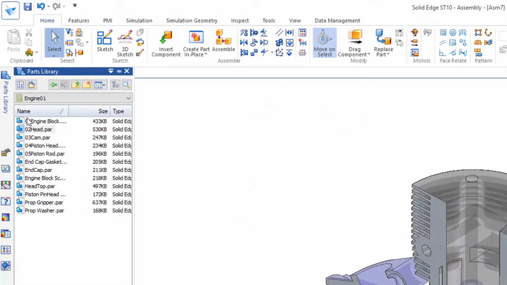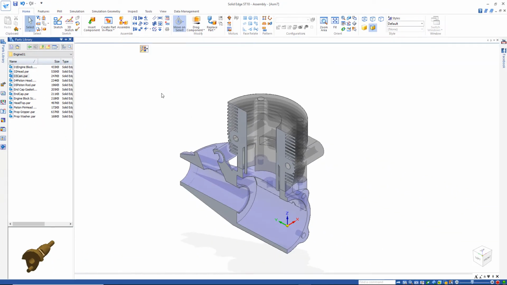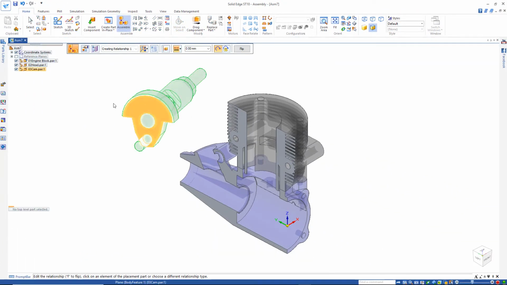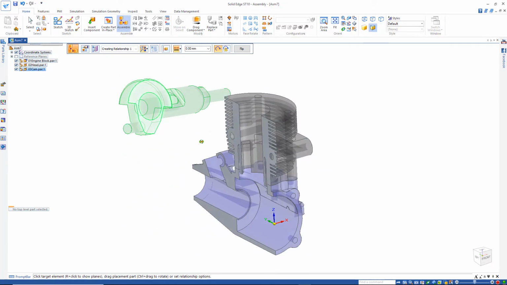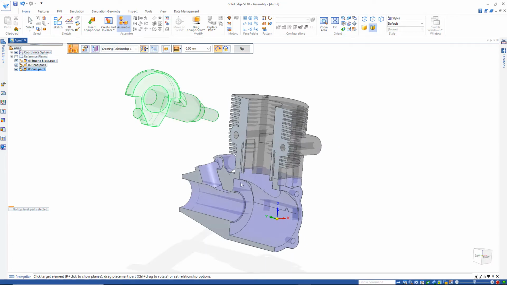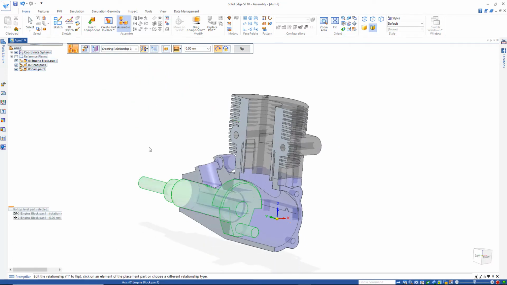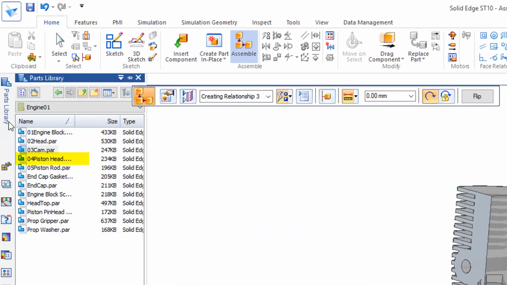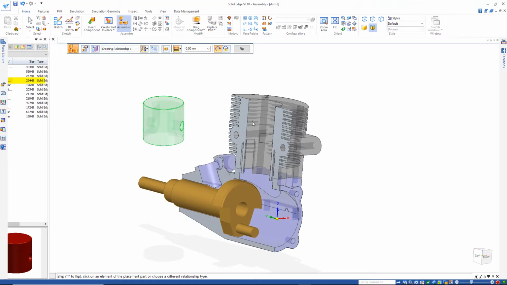Let's jump over here to our third part, the cam. You can drag the cam in. I think this cam piece sits right here, and then we'll align this piece with this piece. Go back to part 4, the piston head, and align that